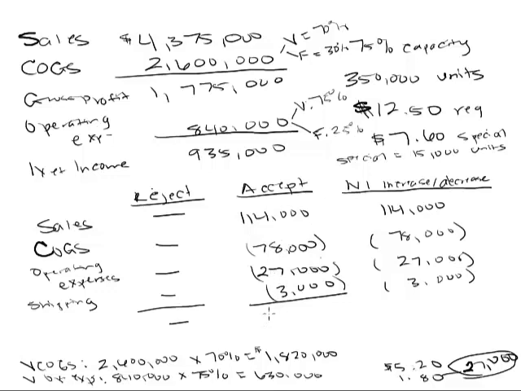Okay, overall here, you're still positive. You still come out with $6,000. And again, same thing here, because we have nothing in the reject column. So, would this be profitable for your company? Should you accept the special offer? Well, yeah, you're going to make $6,000 off of it. So, seems like a good deal.